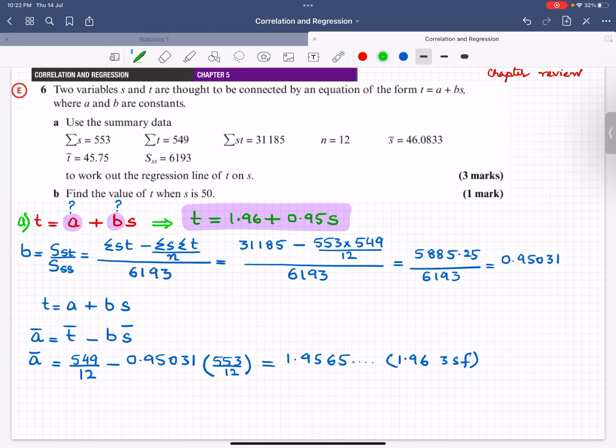Now in part B, we need to find the value of t when s is equal to 50. So we have the regression line already. t is equal to 1.96. Here we can take more digits to get a more accurate answer, 1.9565 plus